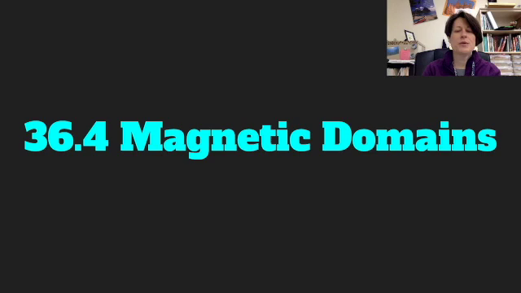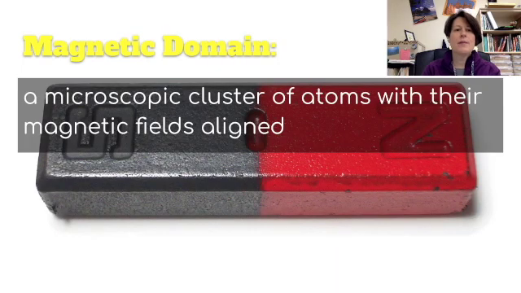And finally, let's finish with magnetic domains. A magnetic domain is a microscopic cluster of atoms with their magnetic fields aligned. So what this means is that in this magnet, the atoms are all aligned within the magnetic field. If they're not, because iron, we can have a clump of iron and it cannot necessarily be a magnet yet, but if we place it in a strong magnetic field, its domains will become aligned and then it can